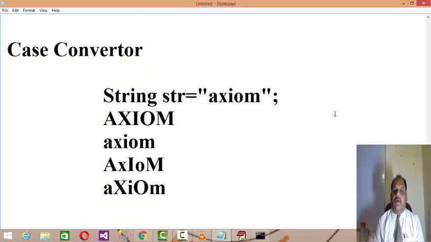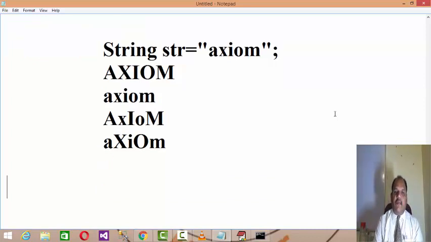Just like reversing, it's not a reverse of the string, but reversing the case of the characters available in the string, right? Now for that, what logic can you apply?